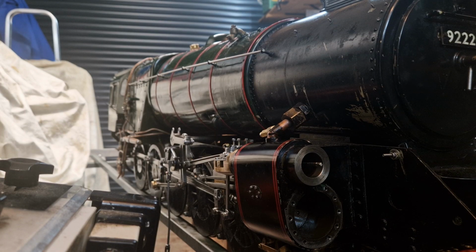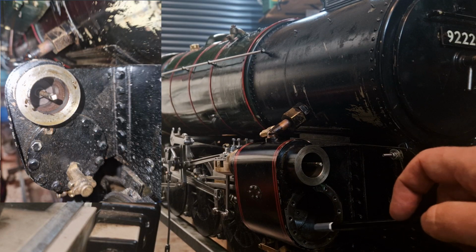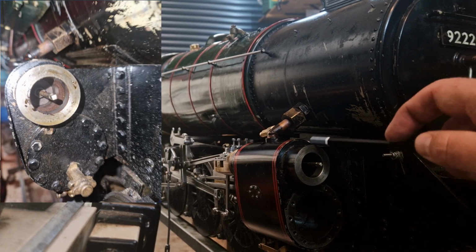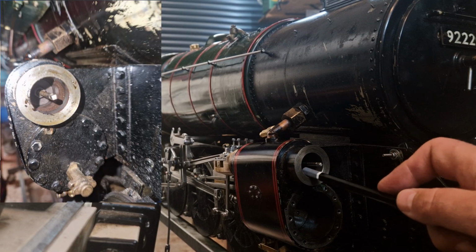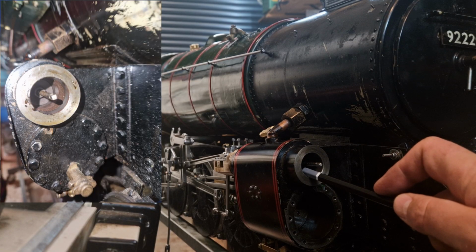Something's obviously gone wrong. Maybe the linkage arms have slipped, and I'm going to address that. But I've decided, basically, I took it all apart, took all the covers off here, took the front cylinder covers off, and this was absolutely rusted solid in here. So clearly the lubrication hadn't been sufficient in the last run before I took her to Gilling on the day,